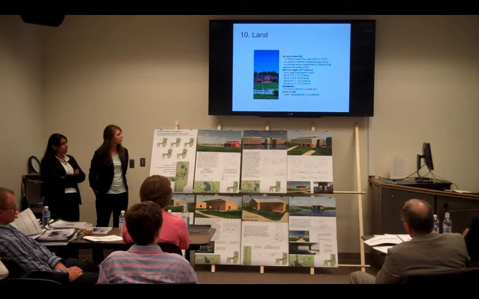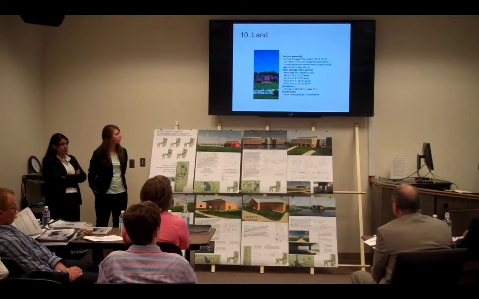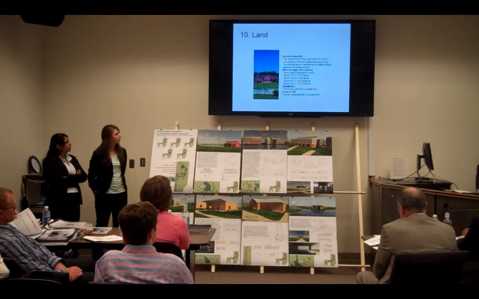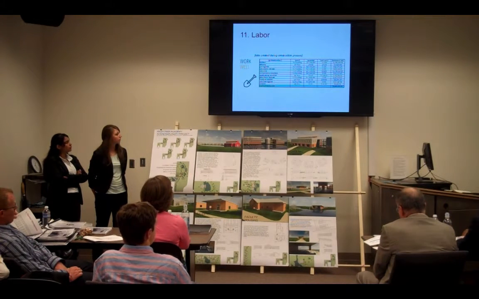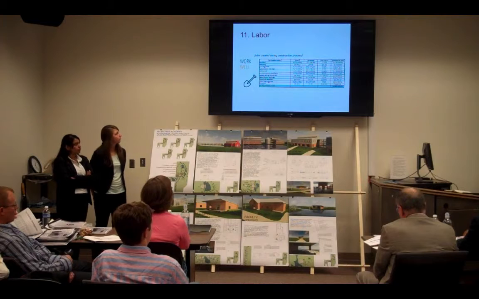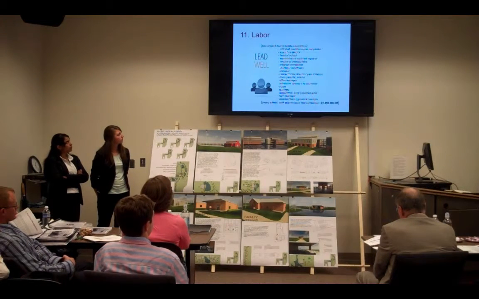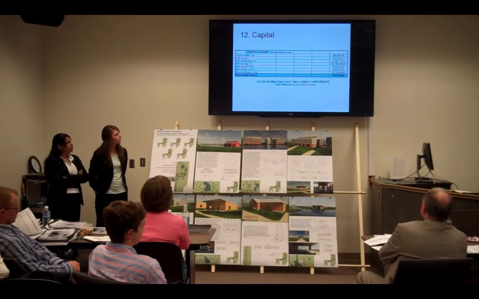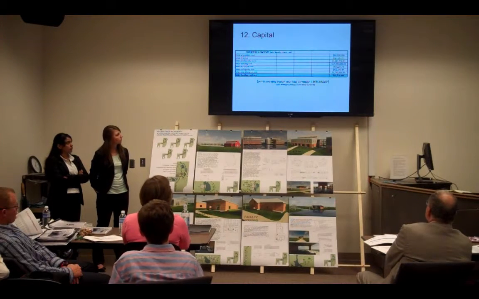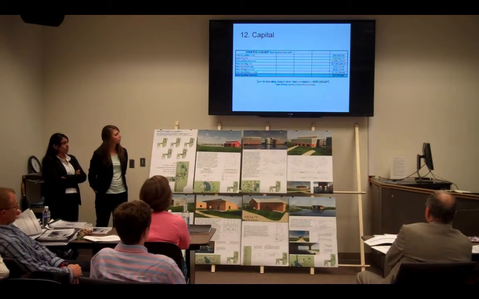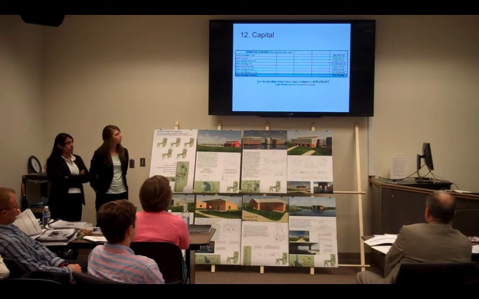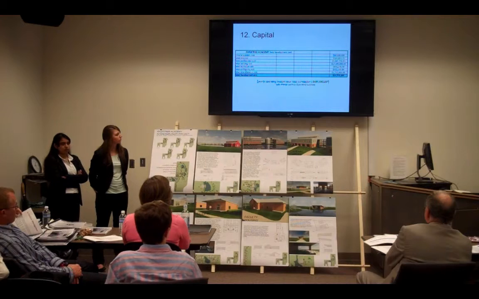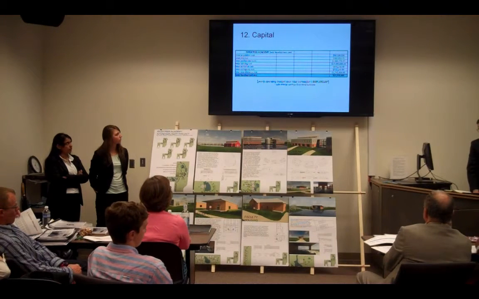The land was inundated with several easements, and a large amount of it was covered in the floodplain that we had to work around. Total professional costs for the construction process come to $5.8 million. Yearly admin and staff salaries come to just under $1.1 million. So for the total capital, the total development cost will be $27,779,000, and the yearly operating budget upon total completion will be $681,000, and that's with the energy savings from the wind turbines.